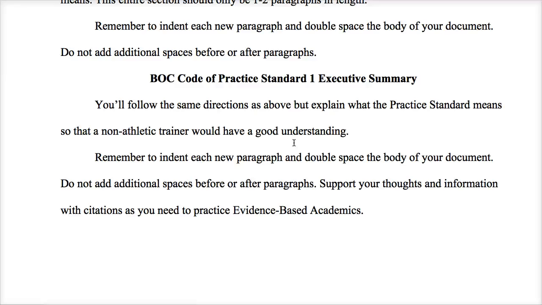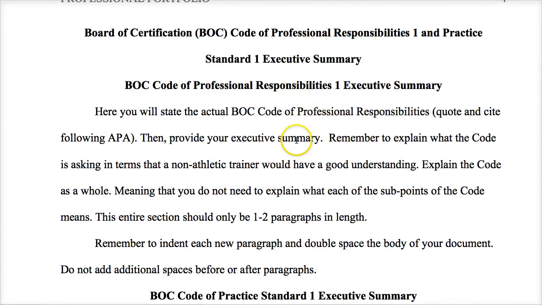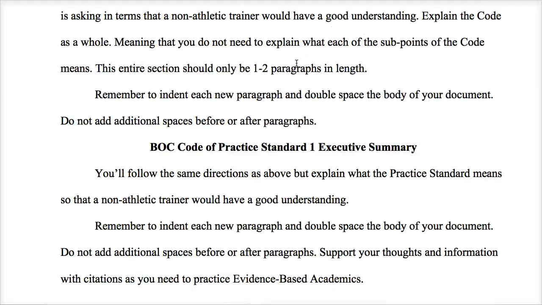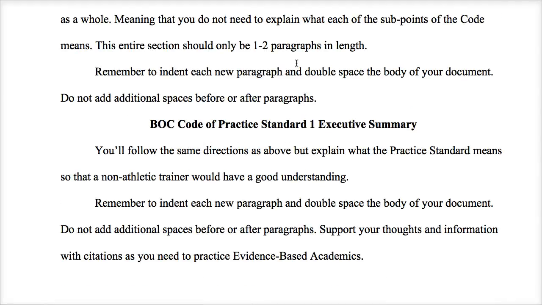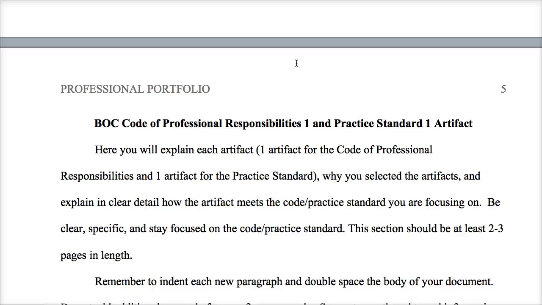So for week 1, what you're providing me is your introduction and your executive summaries for Code 1 and Standard 1. And if you cite references, which I hope you do, you should provide your reference page. You should always provide your reference page. You'll see in the template,